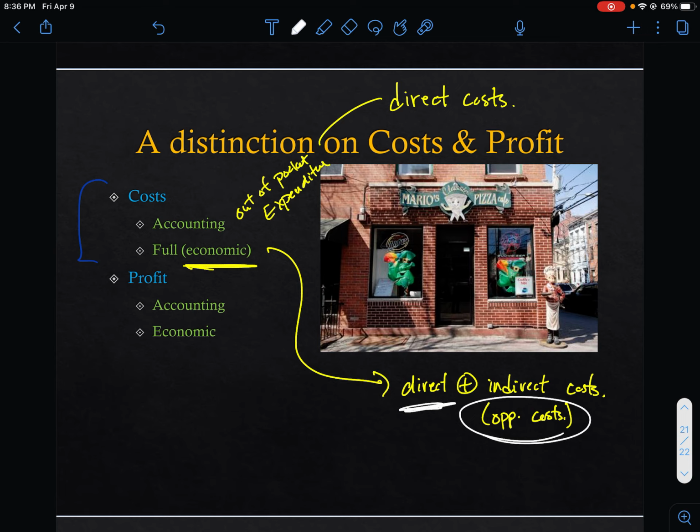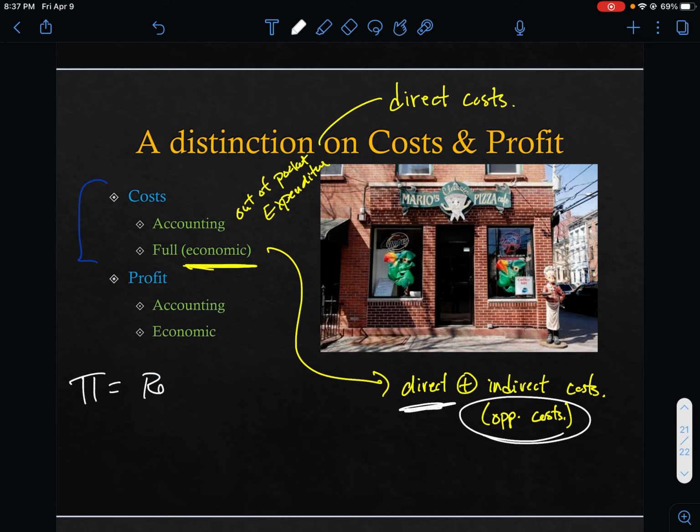And so if your opportunity cost is, you used to have a job as an accountant and you made $80,000 a year, and now you stop doing that and you spend all of your time working in your pizza shop, well, your labor is still worth $80,000, right? So that's the opportunity cost of your time. So that's a cost of running your business, even if you don't cut yourself a check for the opportunity cost of your time. Now, why is that important?